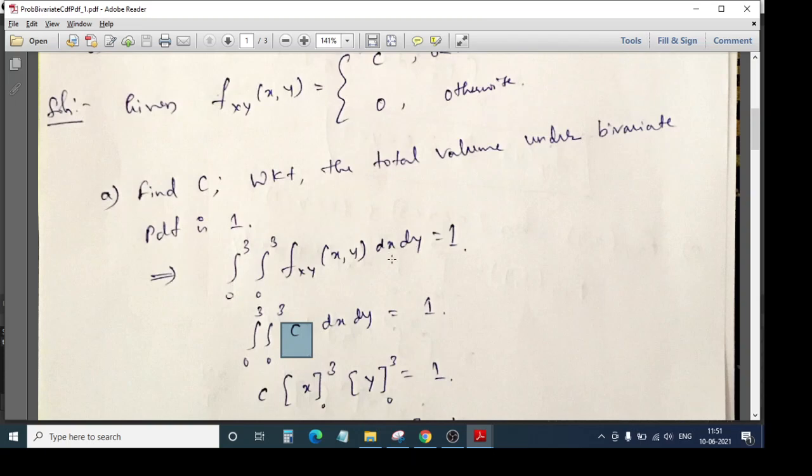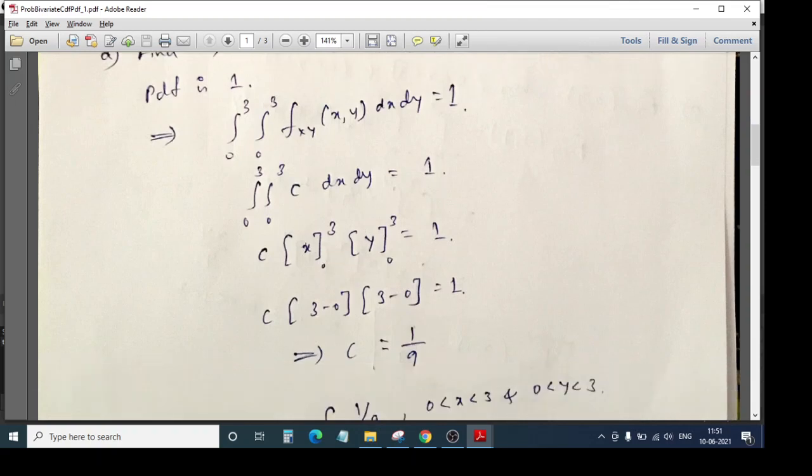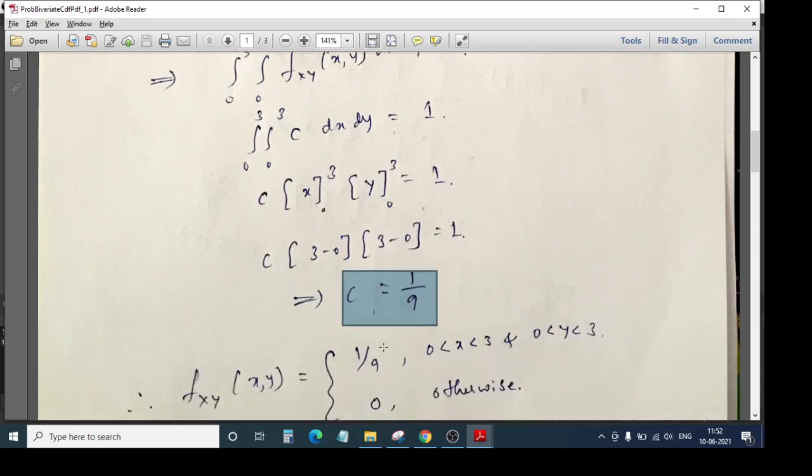and we will be integrating with respect to dx and dy. The first integration is with respect to dx, which gives you x. Okay, and we substitute the limits, upper limit and lower limit, which are 0 and 3. Fine. The next integration is with respect to dy. The integration of dy is just y. Okay, substitute the limits, fine. So it is 3 minus 0 for x, and for y it is 3 minus 0. So what will we get now? 3 into 3, which is 9. So finally c is equal to 1 by 9. So the value of c is equal to 1 by 9.